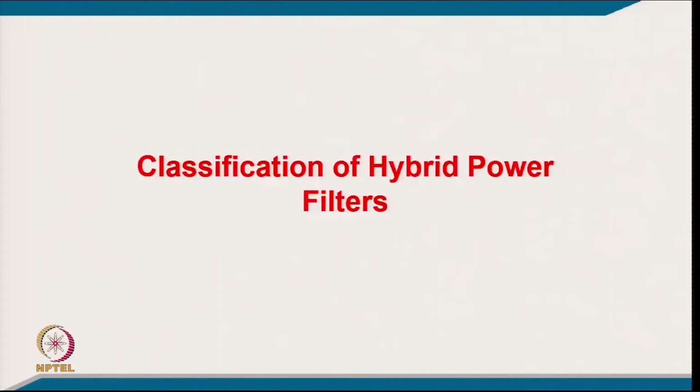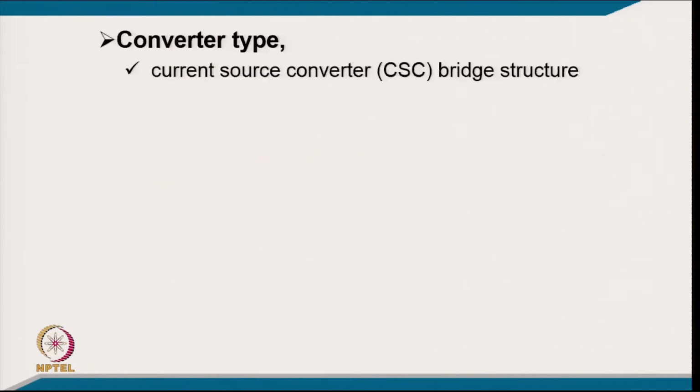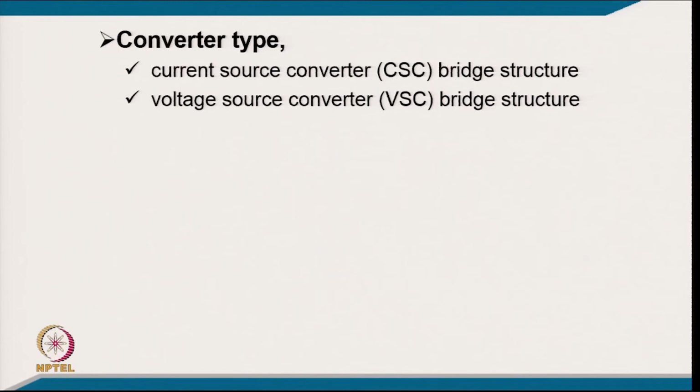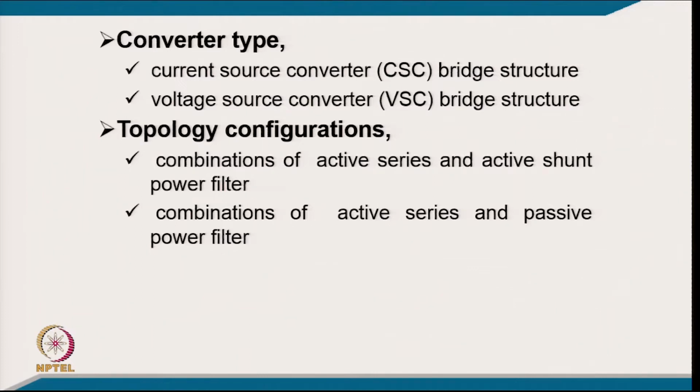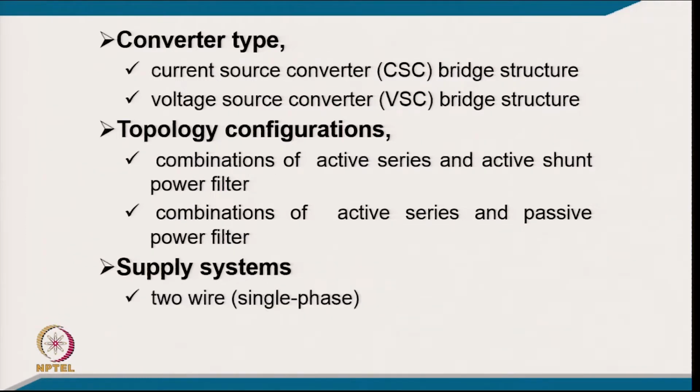So, coming to the classification of hybrid power filter, we can classify it in many categories. The first category is converter type, whether we are using a current source converter bridge structure or a voltage source converter bridge structure. Second is the topology configuration: the combination of active series and active shunt power filter, or combination of active series and passive filter. Another is supply based